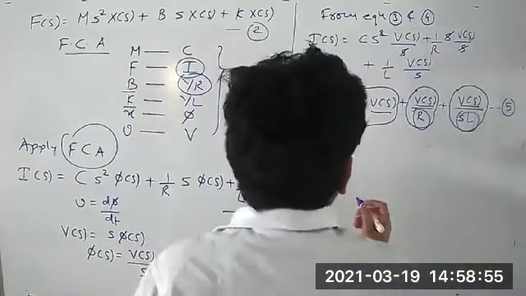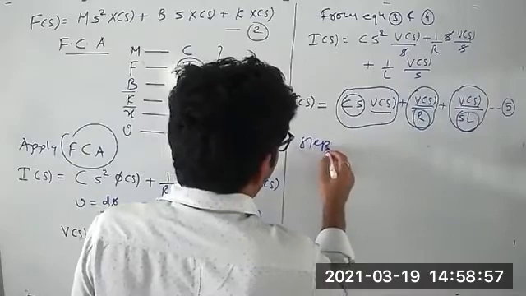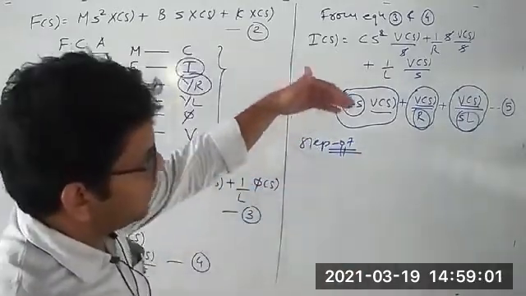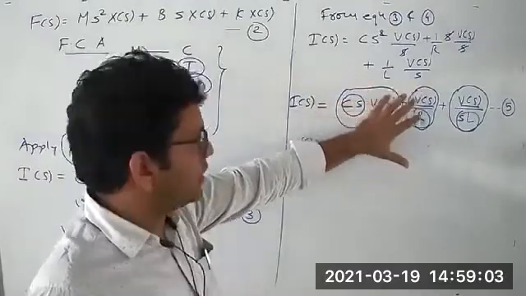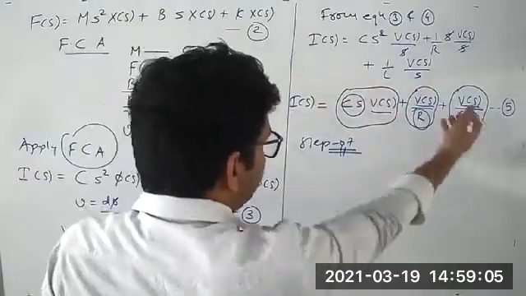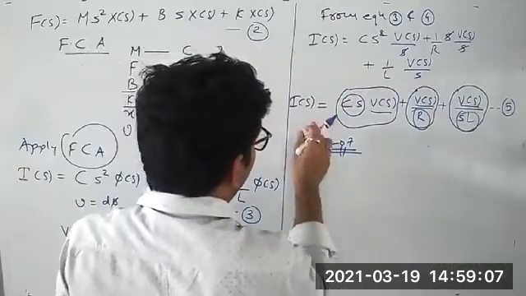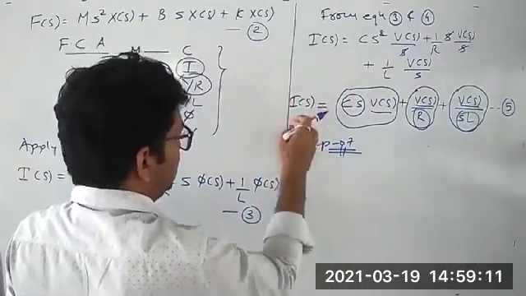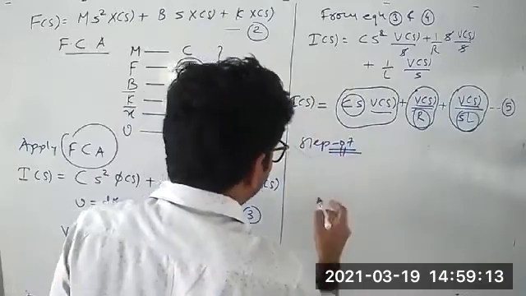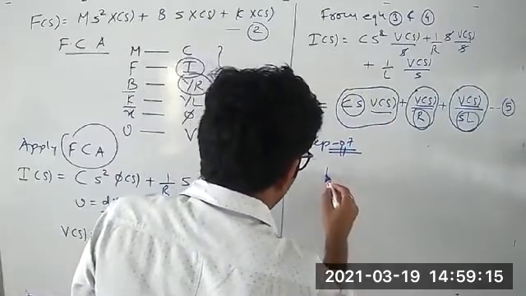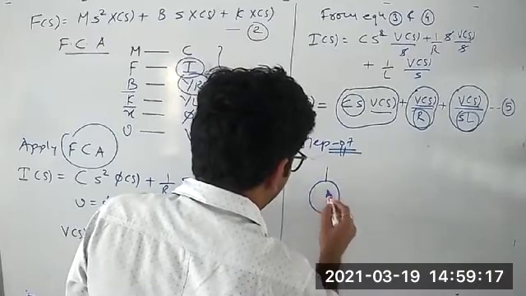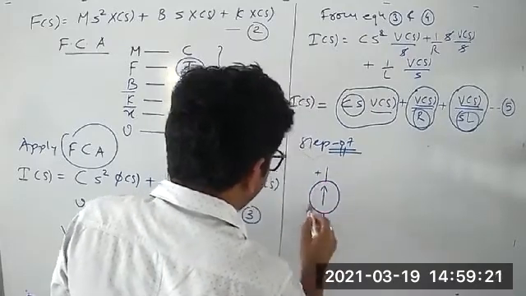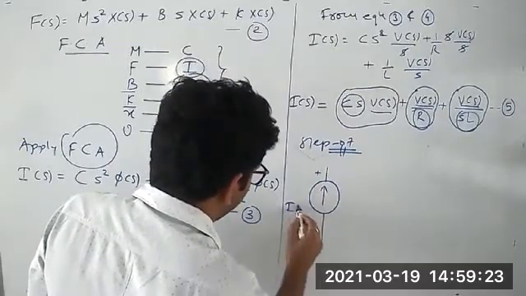Now, if you apply step number 7, in step number 7 we need to draw the analogous circuit diagram for this particular equation. So from this equation, it is very clear that we are having one input excitation which is in the form of the current source like this. So here I am connecting a current source like this, and the value of this current source is nothing but